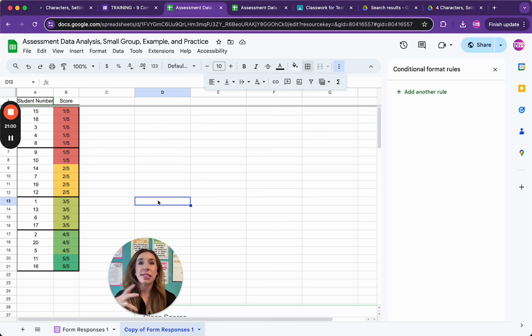This frees up my time because I'm not mixing everything together. There's no fluff with this either. We're just forming groups and focusing on one skill. This gives me more time. It takes a lot of training at the beginning of the school year to get this going, but it is so worth it. Again, to review, I'm going to go into my reading centers time or my independent work time,